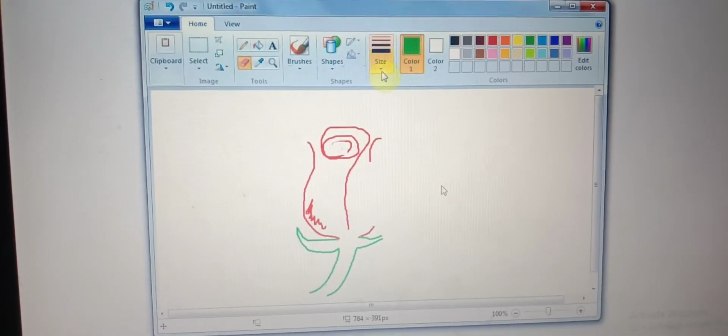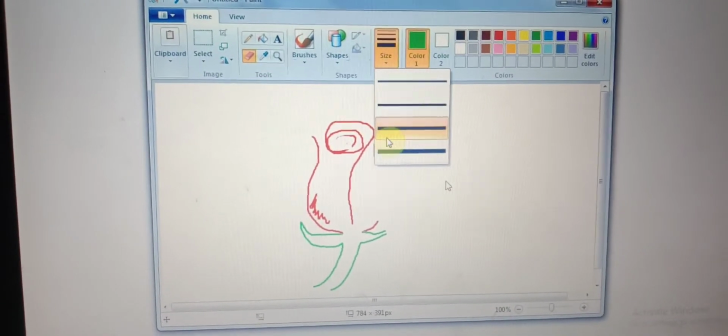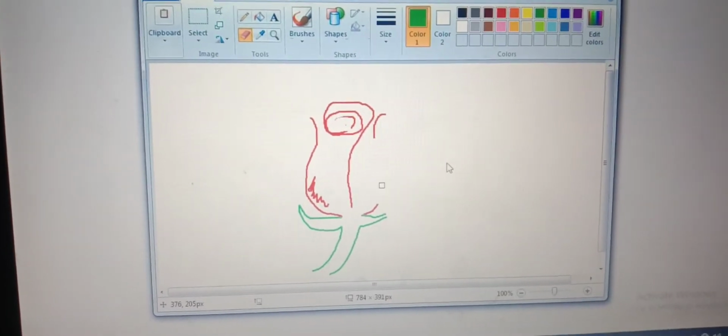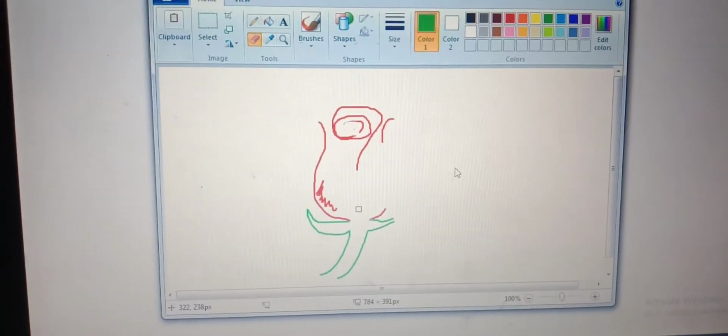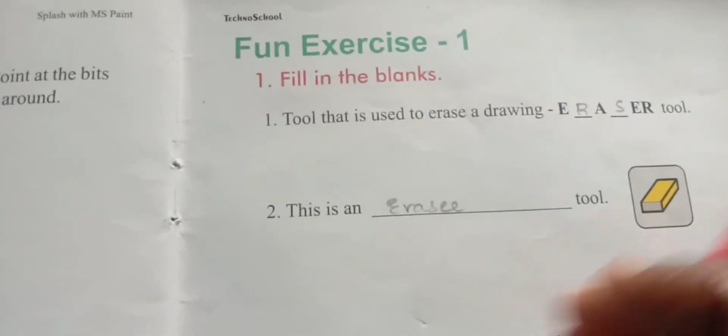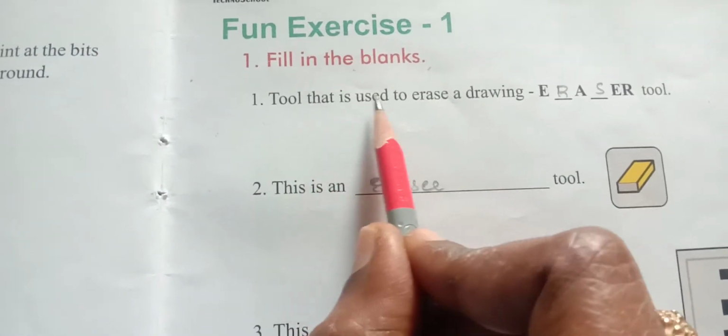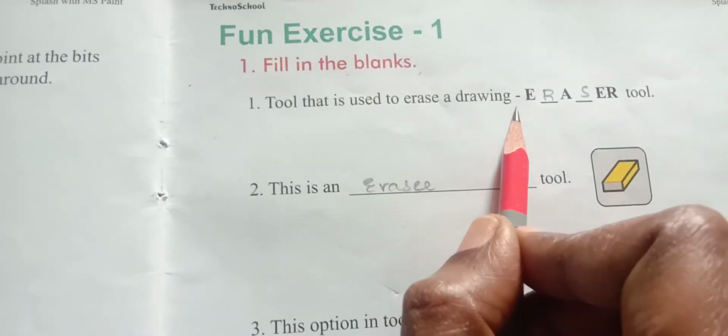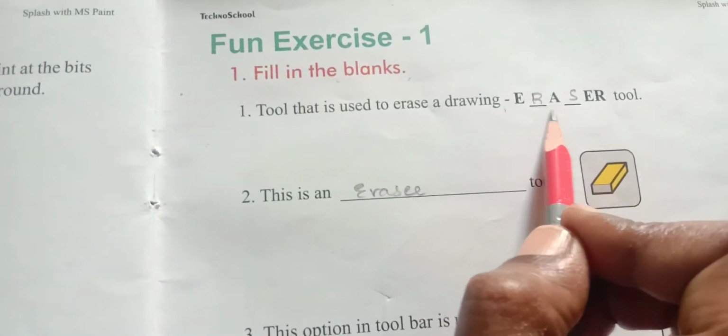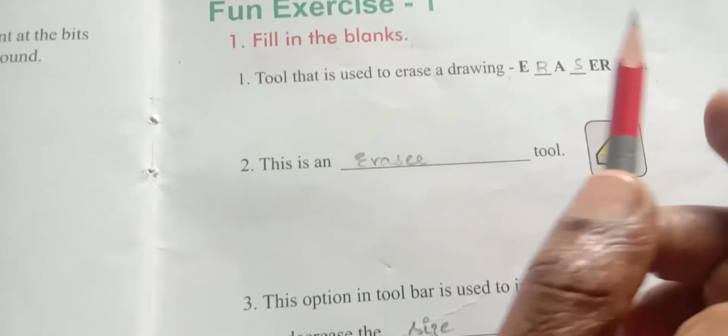Now I request everyone to open your textbook to write the textbook exercises. Children, I request everyone to take page number 45 to write the textbook activities. First question, fill in the blanks. First one, the tool that is used to erase a drawing: we'll use the eraser tool.